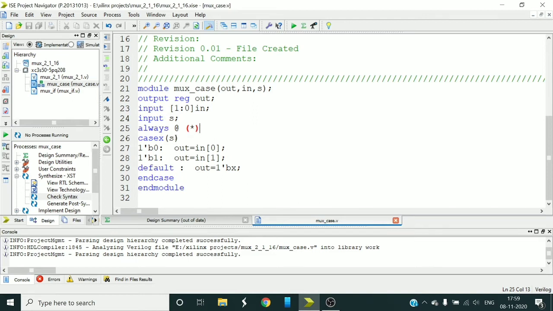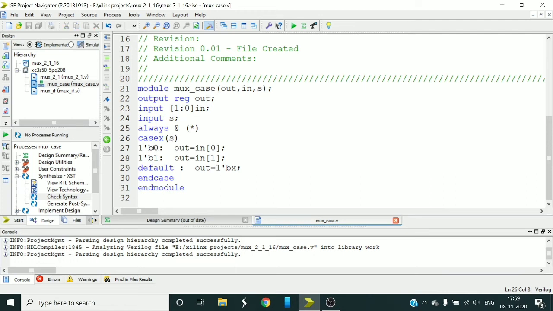Now I have written casex here because in the default statement I have given X. If you want to give 0 or 1 there, then it's enough to write case. Here S is my select line.